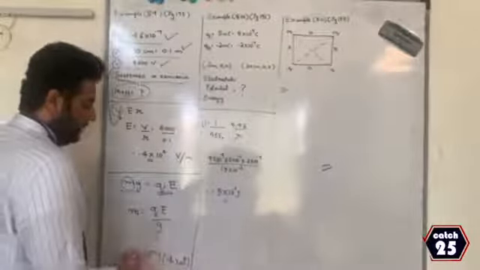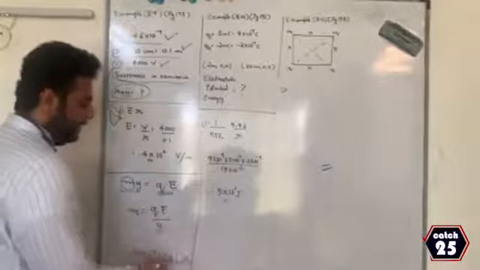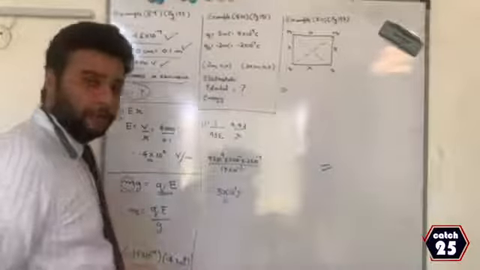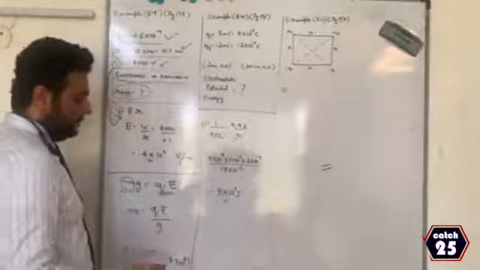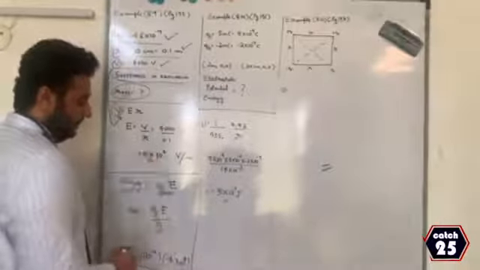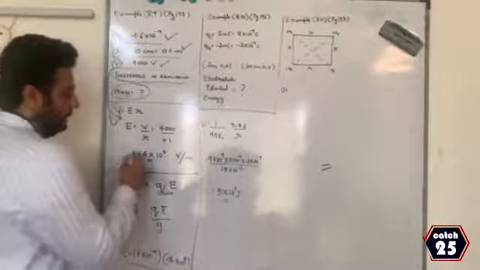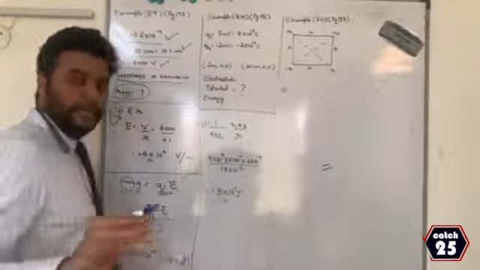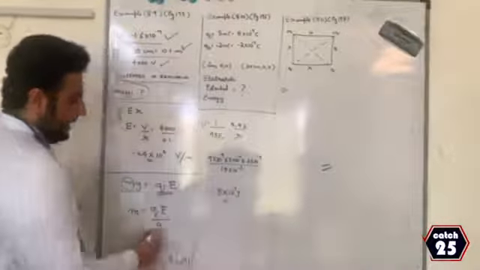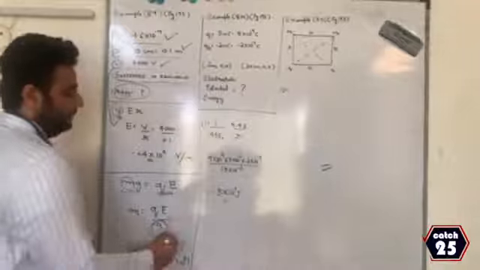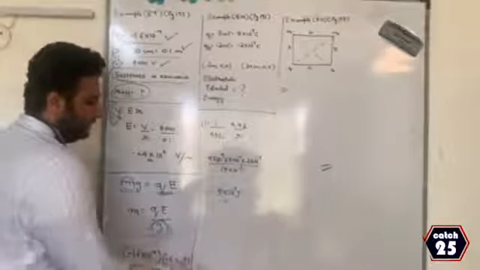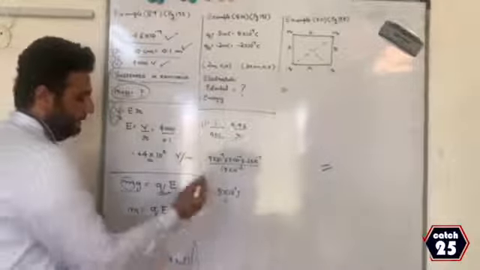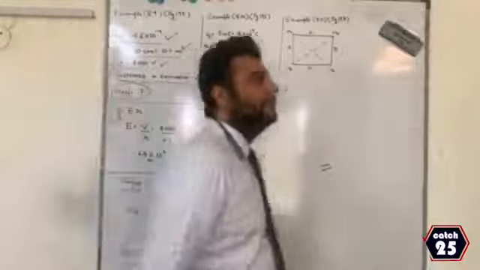Q is given, E is found out, negative will give positive. Remember, mass cannot be negative, that is why positive. Therefore, if you have got this answer as positive, you have to assume this as positive. If you have taken this as negative, assume this as negative. In both cases you will get the right answer. And g is not given. Therefore, they have taken it as 9.8. And if you solve this, you will get the answer 6 point something kg.